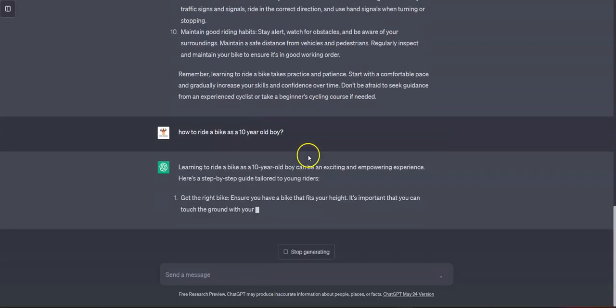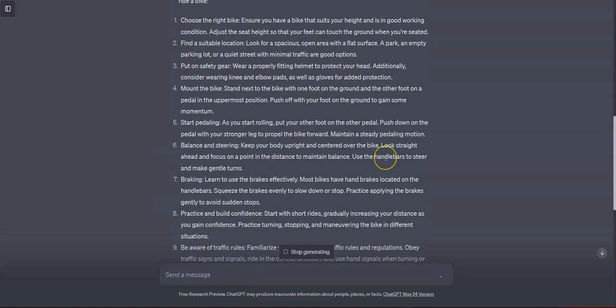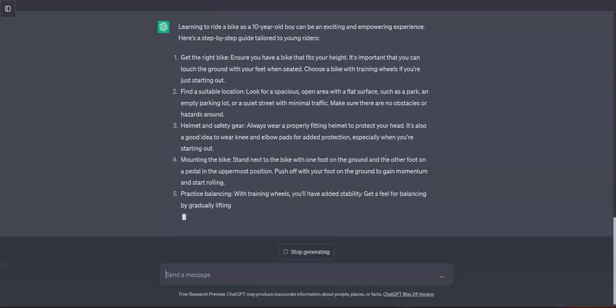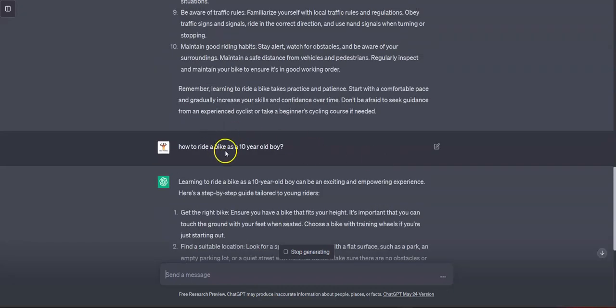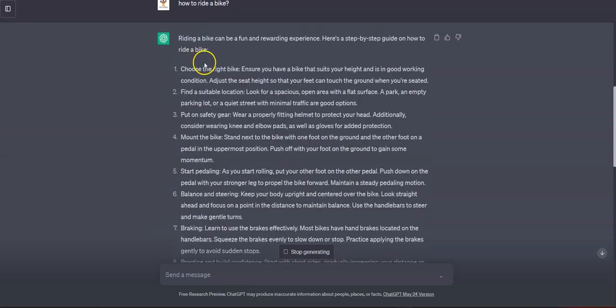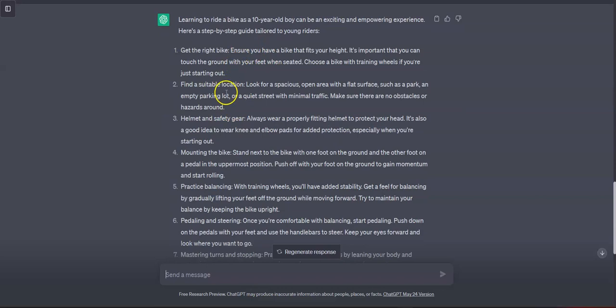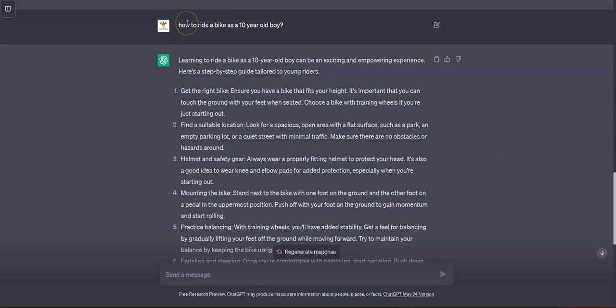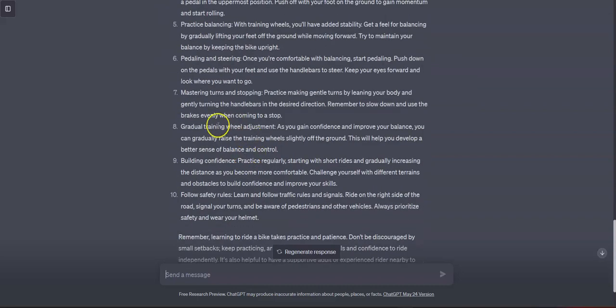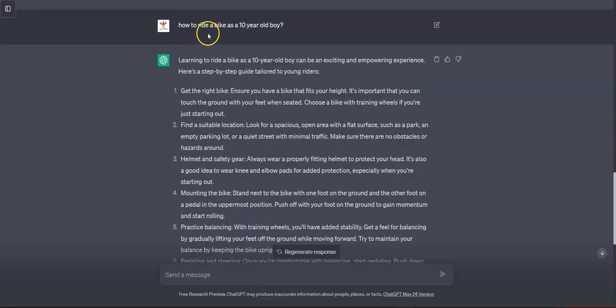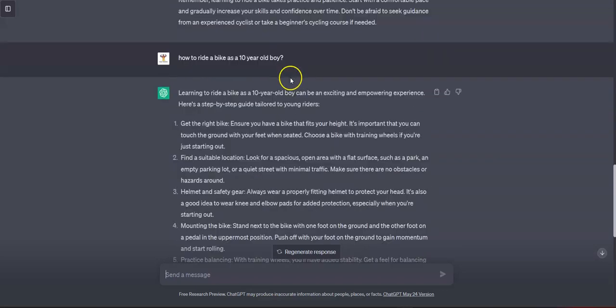Okay, so now ChatGPT will give us a different answer, because now we are giving a specific question instead of just how to ride a bike. How to ride a bike as a 10-year-old boy. So now ChatGPT will give us an answer based on our question. Again, the more elaborate your question is, the better your answer will be. And ChatGPT will keep in mind that we are talking about riding a bike as a 10-year-old boy, and over